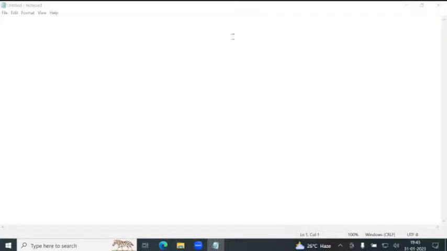Applets versus servlets. Yesterday I gave the life cycle methods of an applet. How many methods are there? Five. What are those? Init, start, paint, stop, destroy. When the init method is called by the browser,